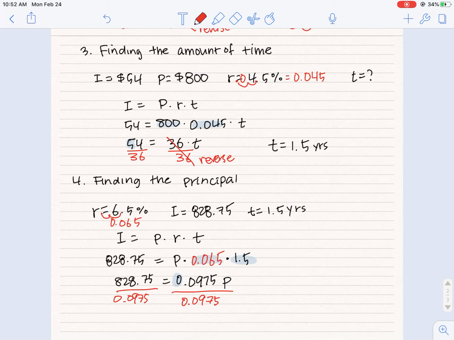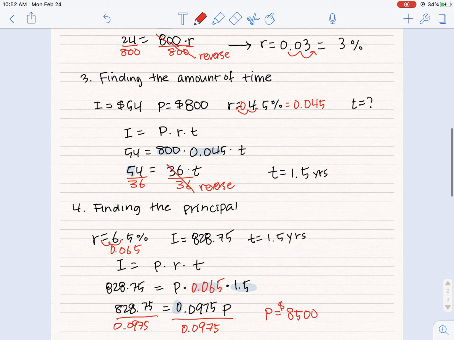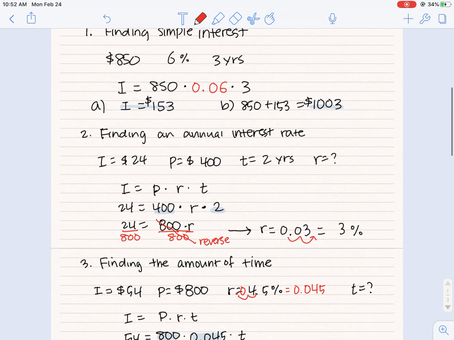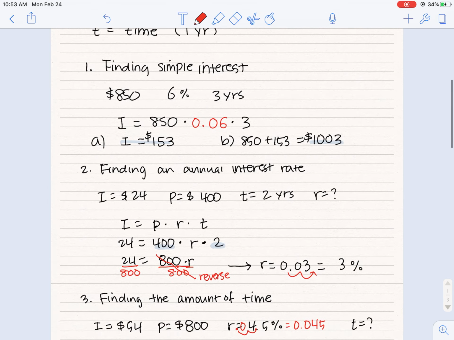So 828.75 divided by 0.0975. And when you do that, it actually comes out to be a clean number of $8,500. So here are the ways that you can find out 4 different pieces of information: time, principal, interest rate, or